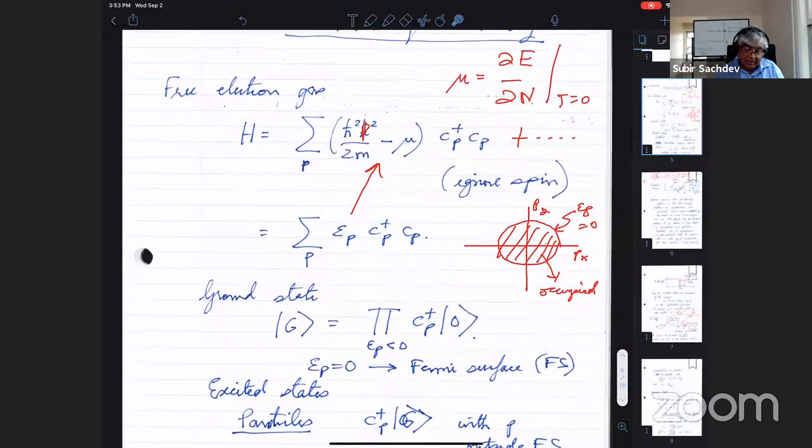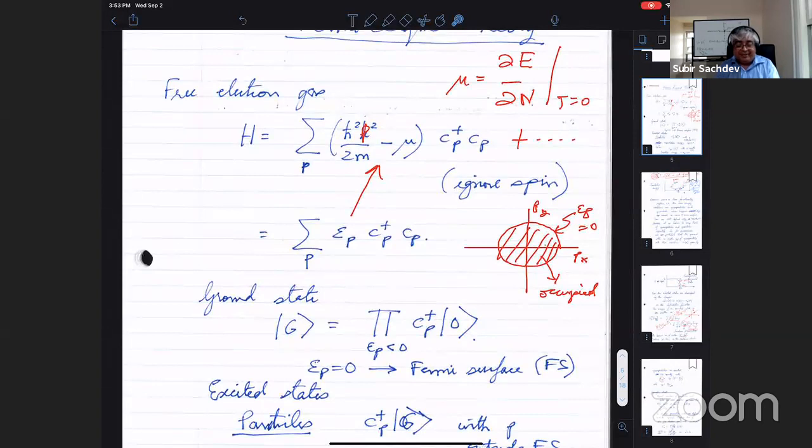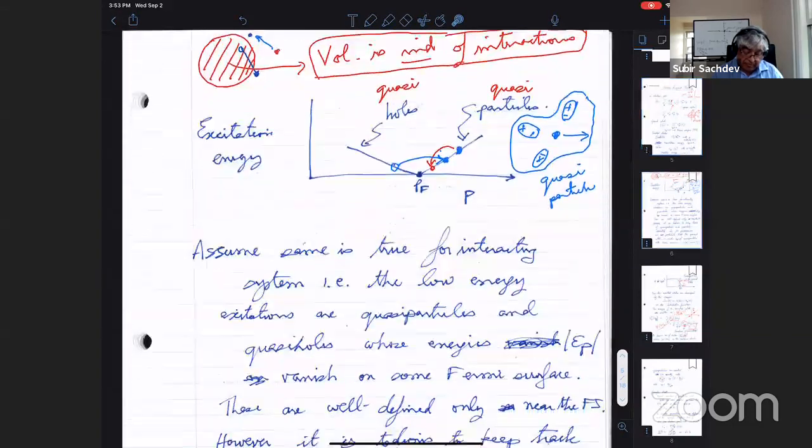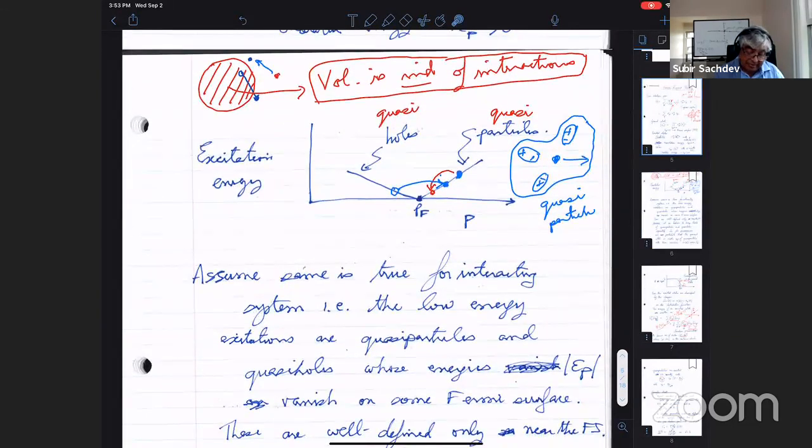So in this grand canonical ensemble, normally we always assume that if you have some particle, its dispersion is going to be minimum at p equals 0. That's the starting assumption in any course on quantum field theory. But it's not true in a metal. This is a particle whose excitation energy is not at p equals 0. It's on a sphere, or a circle if you're in 2 dimensions. So it's a very strange looking dispersion, which goes through 0 on this surface. Here's one section of it.